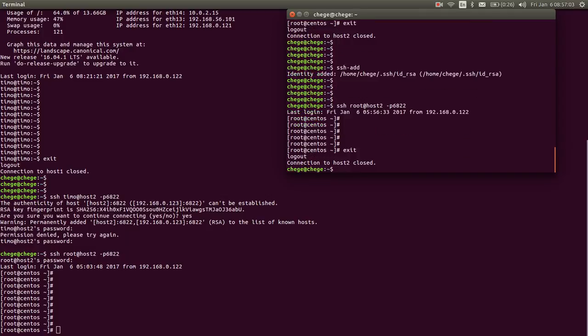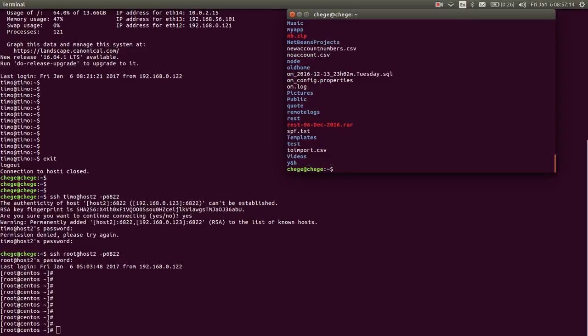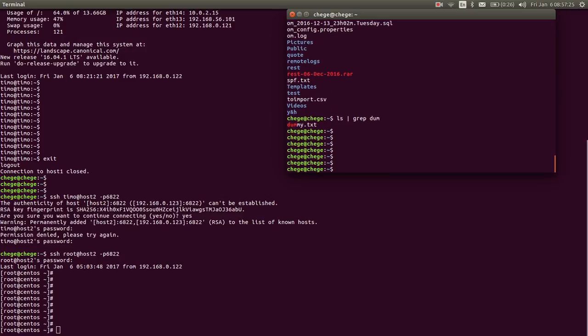Perfect. The other thing is SCP. SCP is used to copy files. So here I have a dummy file. I think ls piped to grep dummy. Yes, I had created a dummy text file for demonstration purposes. So I want to copy it to